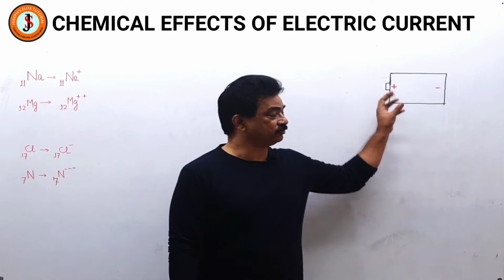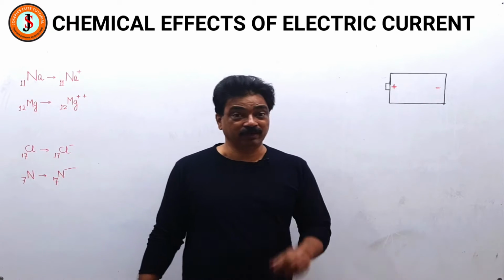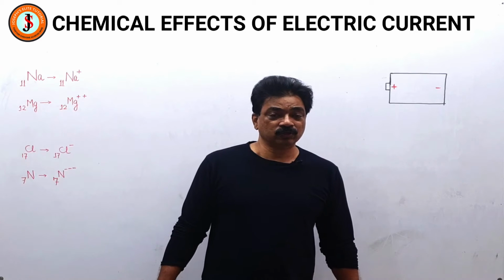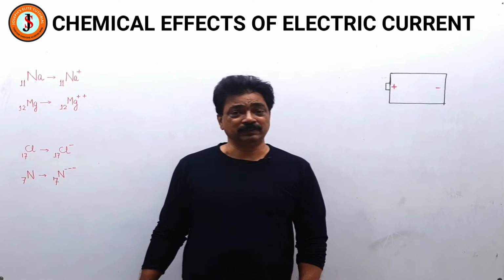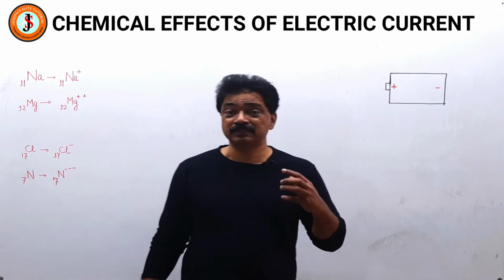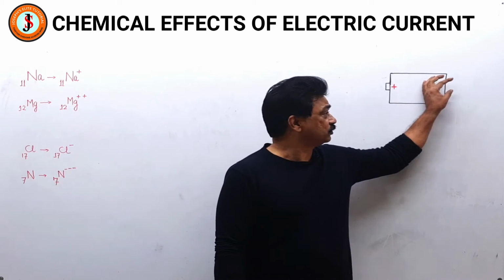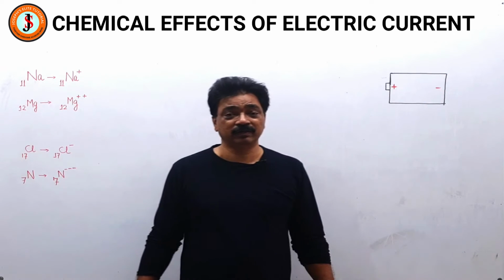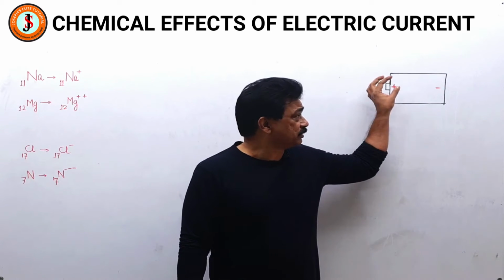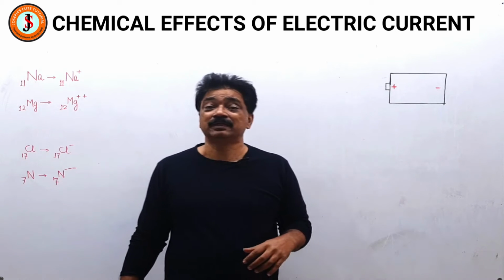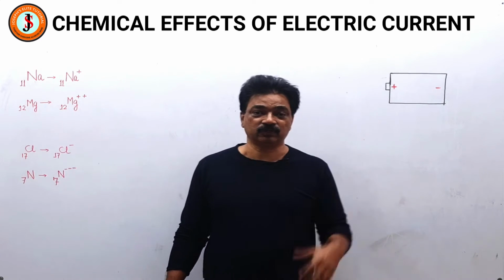You'll see a positive terminal and a negative terminal. Even these symbols are placed on the top of the battery. So what does negative terminal mean? Negative terminal means abundance of electrons. Through some chemical reaction, there are electrons being deposited over here. And through some chemical reaction, there is scarcity of electrons. So the positive electrode is where there is scarcity of electrons.